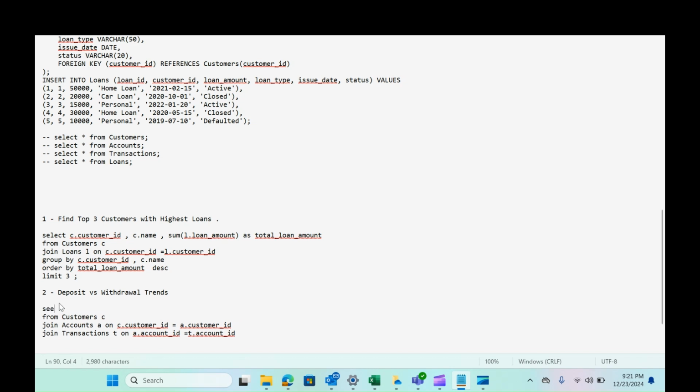So let's select we need the customer underscore ID, sorry for the spelling mistake, comma C dot name, that is customer underscore name. And now we will use the sum and the case when statement, that is sum of case when, it basically works as an if else statement, when